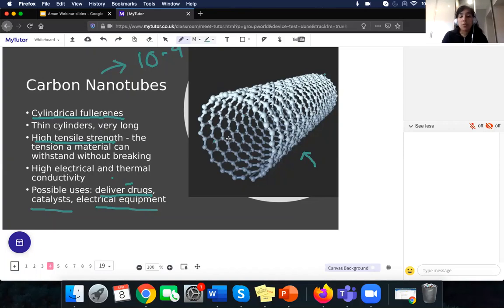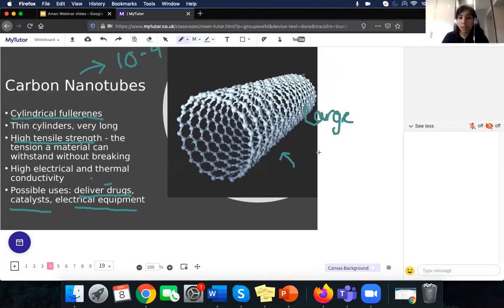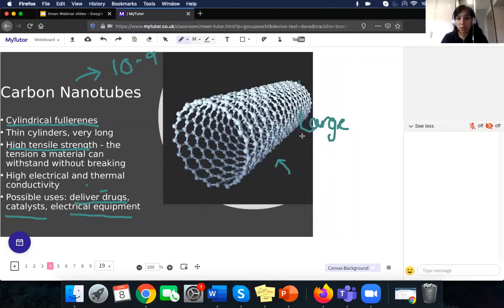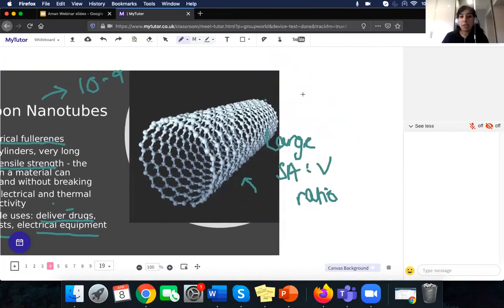So the reason that carbon nanotubes can be used as catalysts is because they have what we call a large surface area to volume ratio. Now, for now, I'm not going to go into the exact specifics of why that is, because tomorrow we're going to be covering nanoparticles and I'm going to show you lots of diagrams to help explain that. But just as a quick aside, the reason it has a large surface area to volume ratio is all to do with what happens when particles get smaller. So if we imagine a big particle,